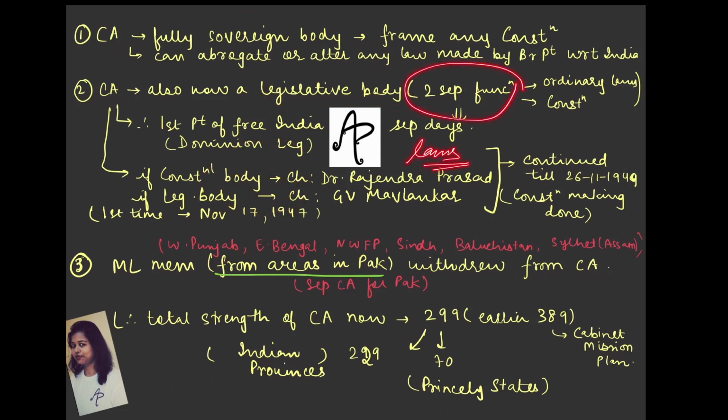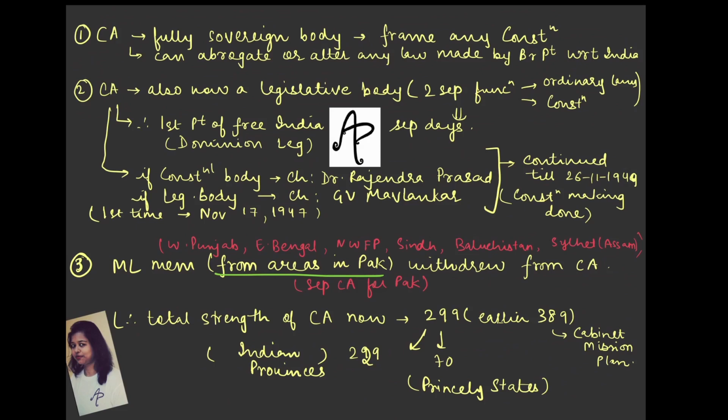So now the Constituent Assembly is going to perform 2 separate functions. पहला तो एक था ही that it has to make the constitution or draft the provisions of the constitution. That was anyways there since the beginning. That is why it was formed only. But now it was that it will also make ordinary laws. क्योंकि उस टाइम तक we did not have elections ना, हम तो independent हुए नहीं थे. So हमारे जो normal general elections होते हैं that was not happening. Whatever elections was happening that was under the British rule.